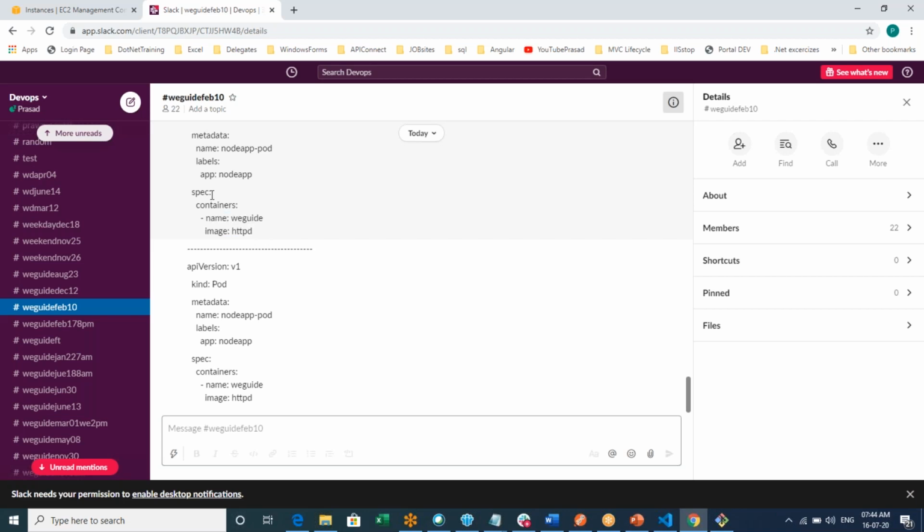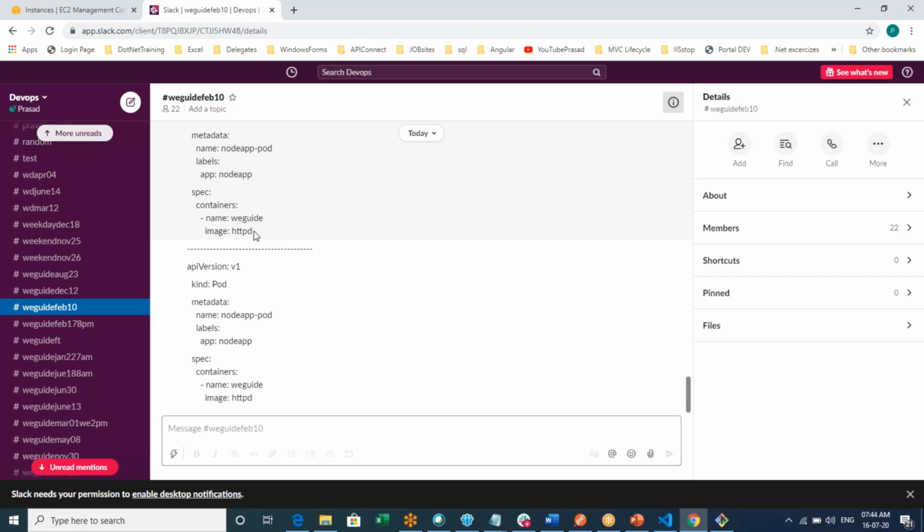Container is a list actually. Containers is a list, that's the reason you have the hyphen. So I can have one more here, it's in the list only. It's not like a dictionary. So we have two key value pairs in the list itself.